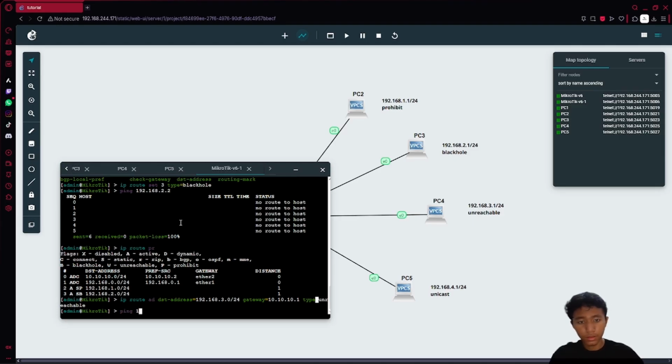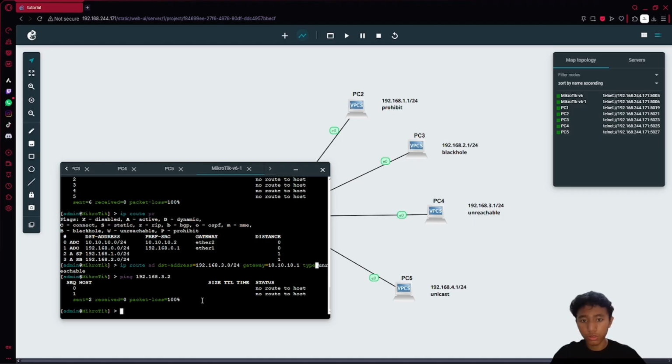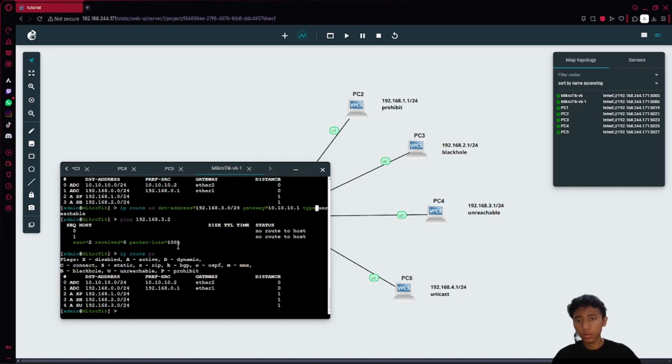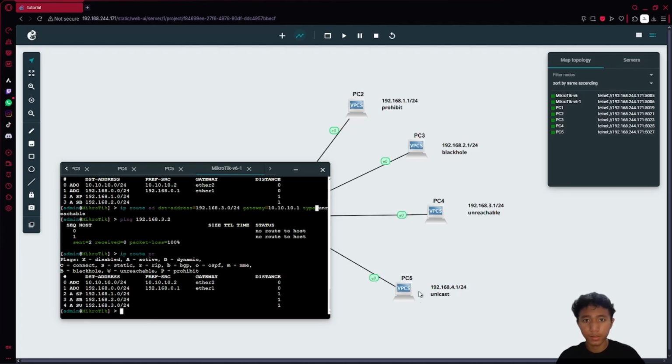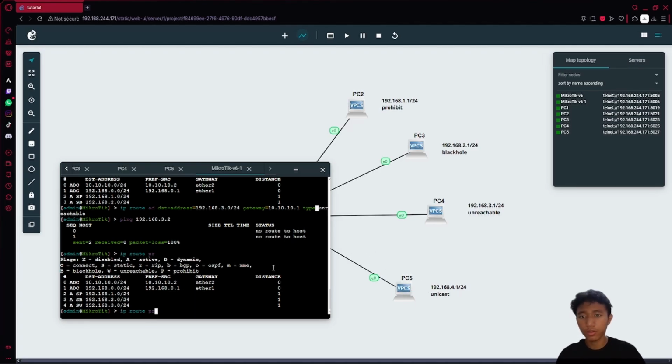If you ping it, it says no route to host, but if you see the route table, it's unreachable, as you can see here. Lastly, for the last PC, if you try to add the route,